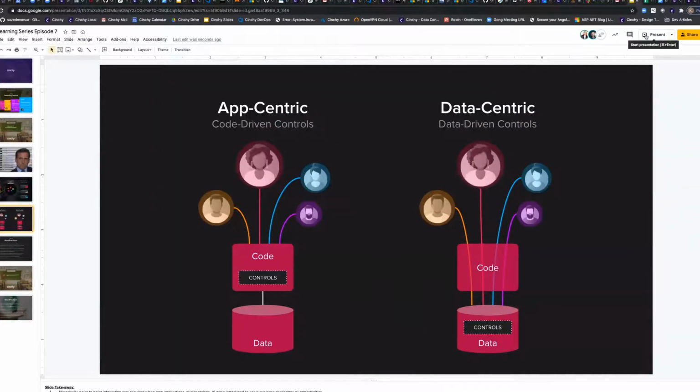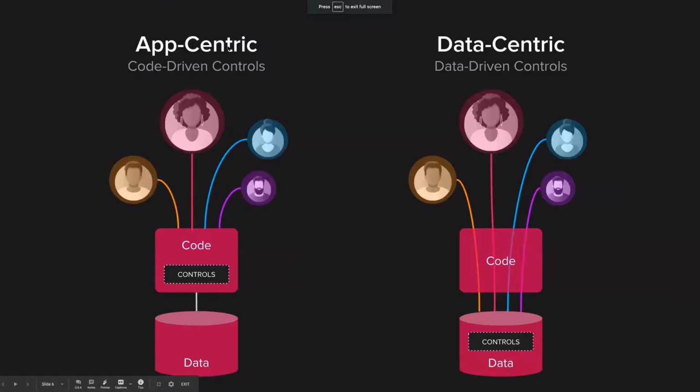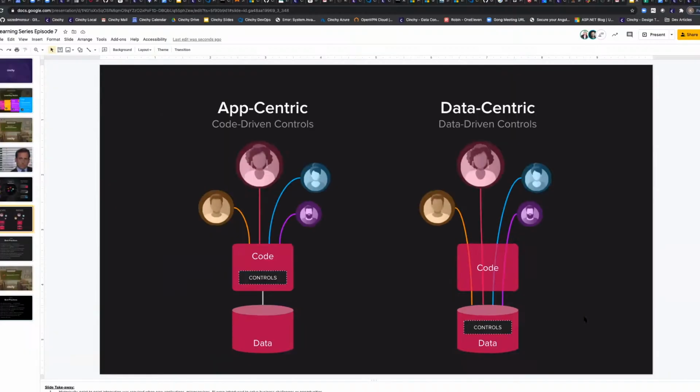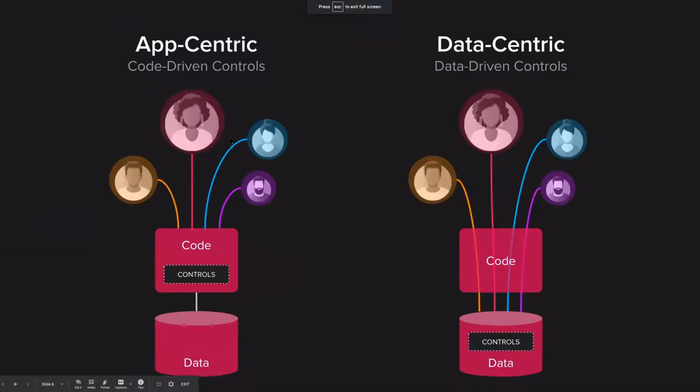This also gives you just a quick sense of it. In an app-centric model, you have the code which contains those controls connecting into the data. The contrast with a data-centric approach is one where the controls and data are together and the code is up here connecting into that. There's an additional key difference there, which is this piece about the users, right? What happens with the users on the left-hand side is that the code is aware of who the users are,